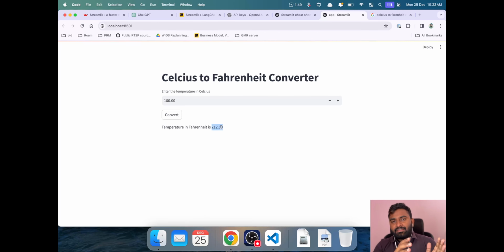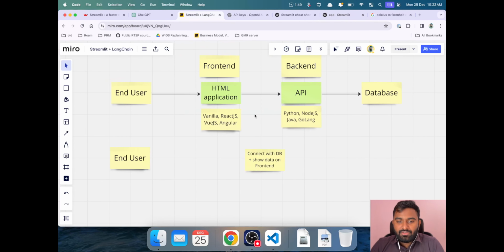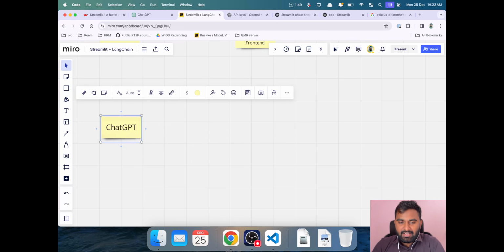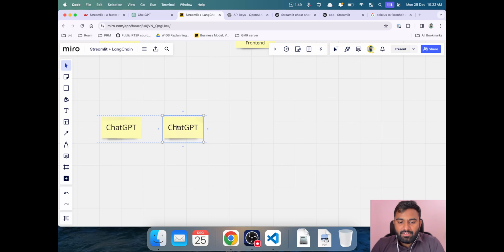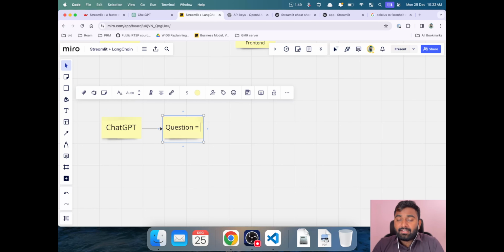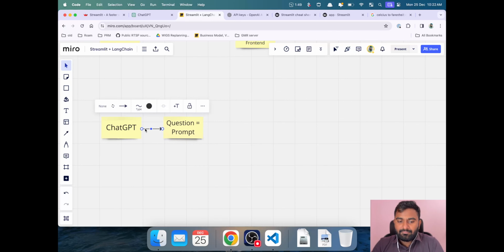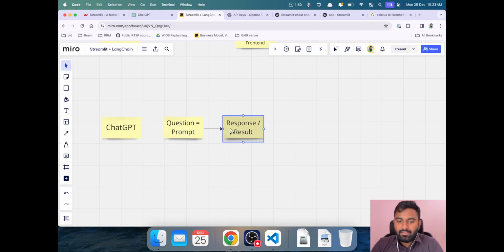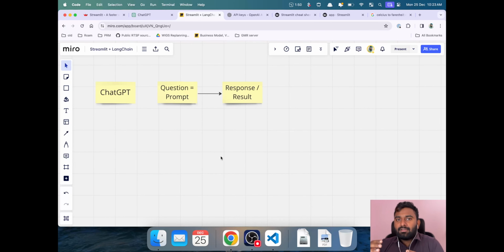Now let's try to understand what is LangChain, the other side of the story. Okay, so if we come back here, most of you know what is ChatGPT, right? So if the user is trying to ask any question, in technical terminology we call it a prompt. So when I ask a question or give a prompt, I'm going to get back a response or the result, right? Let's say I have a local database, and I'm asking any question like who is the